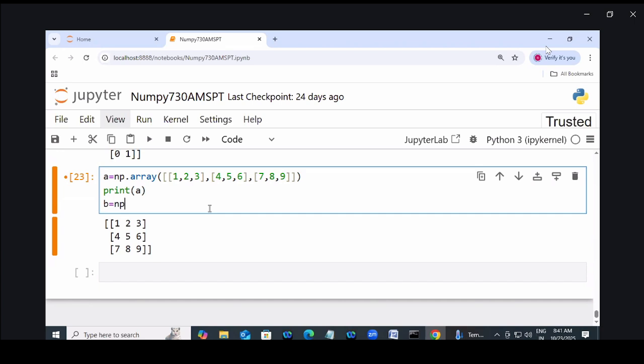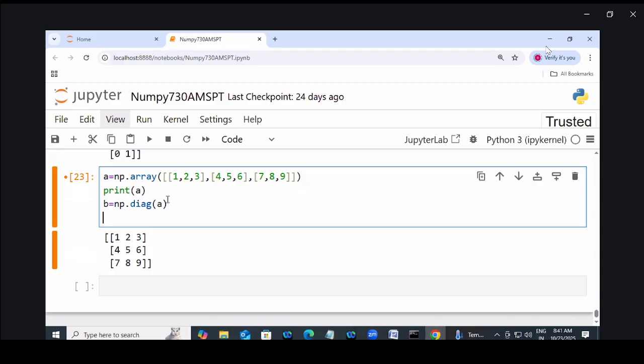Then what I'm doing? I'm saying np dot. What is the name of the function? Diagonal. The name of the function is diagonal, and I give the input as A. Now tell me, A is which array? 2D array. If the input is given as a 2D array,